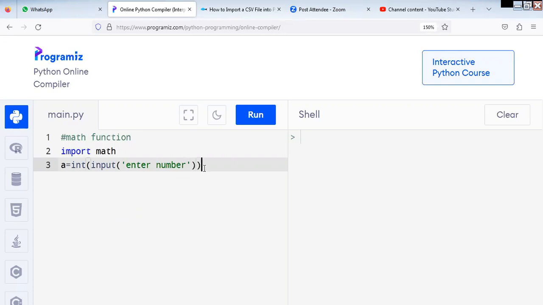Okay. Now we'll say b is equal to math dot sqrt of a. And c is what? Math dot pow of a, comma 2. I don't know the syntax, but I'm just trying. Okay. Then you print